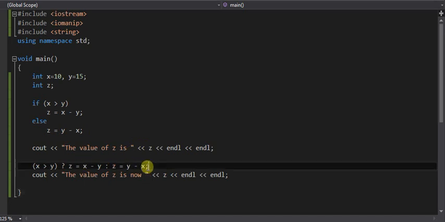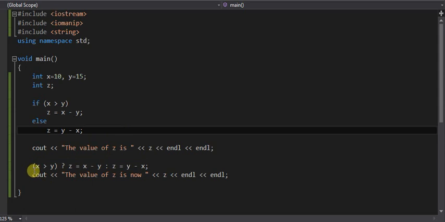And right here we have the conditional operator. What that's doing is it has a condition, which is the same condition I had up here, x greater than y. And then it has a question mark. So it's asking the question, is x greater than y? If that is true, just like if it is true up in the if statement, then z would equal